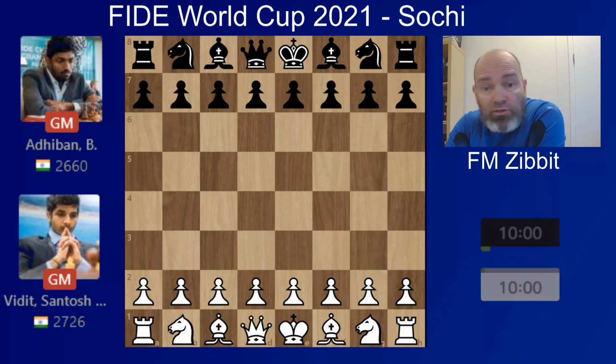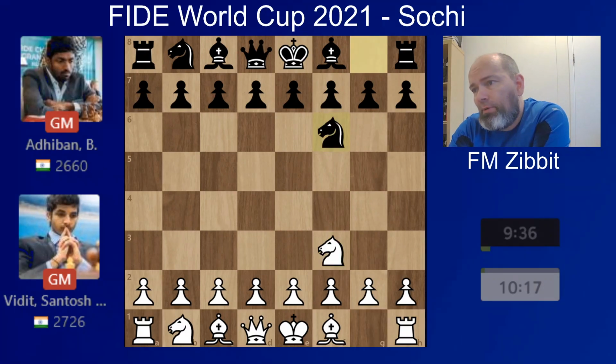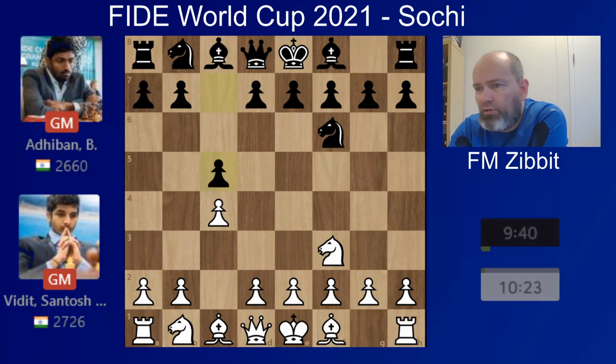In the classical, they each won a game, and they played the 25-10 and drew both of their games, and then Vidit won the first 10-minute rapid game with the black pieces, so he only needs a draw here to advance. Adhiban needs to win to advance to the blitz tiebreaks, 5-3. And we have the red team, and we quickly transpose to the English opening, c4, c5,